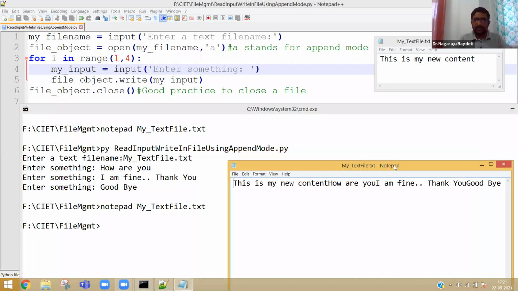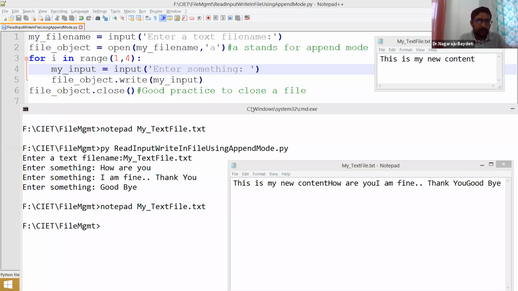Now you can clearly see. Let me try to annotate and show you. This is before executing the Python program. Before program execution. Then this is after program execution.